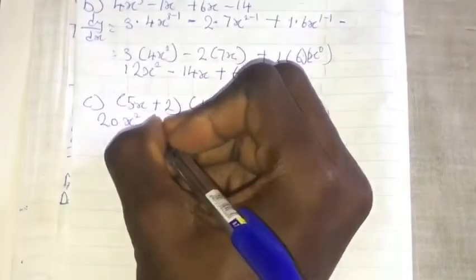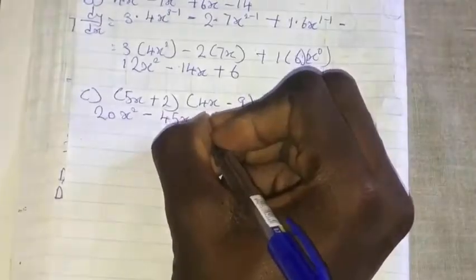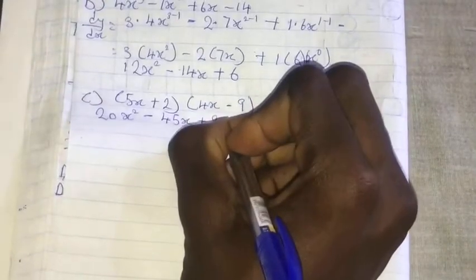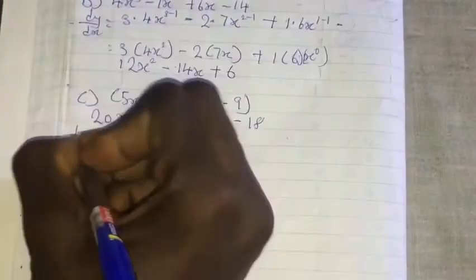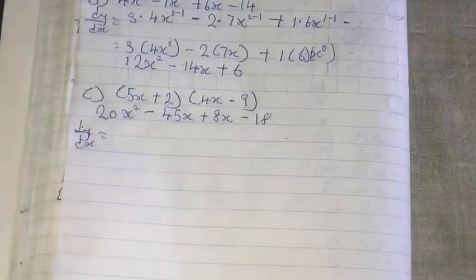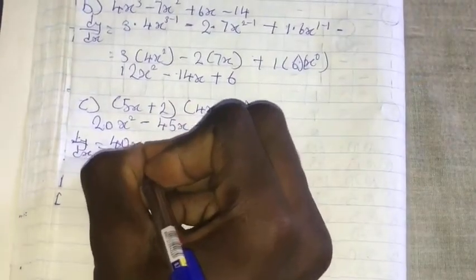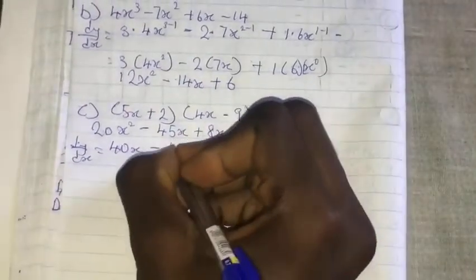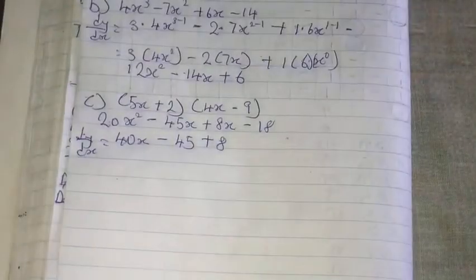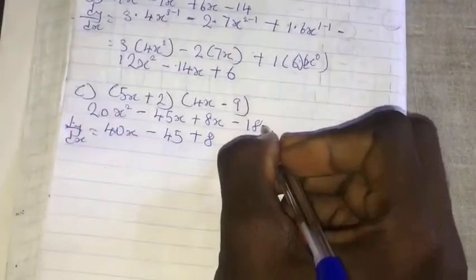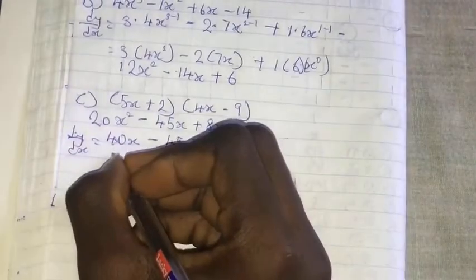20x squared minus 45x plus 8x minus 18. So then the dy/dx is equal to 20 times 2, that is 40x, minus 45, and plus 8. Once we differentiate it using the general rule, the 18 drops off because it does not have any variable. Therefore the answer will be